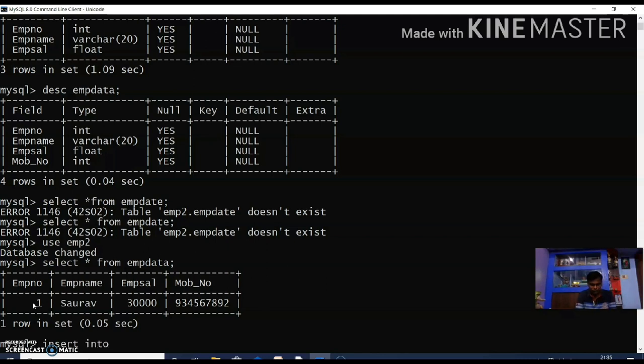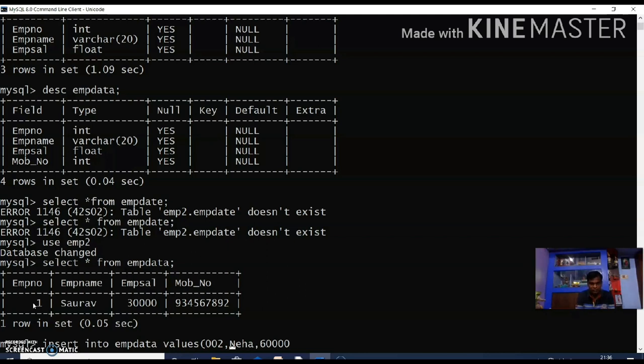Insert into table name emp data values, bracket start, emp number 002, comma, name is suppose Neha, comma, salary is suppose 60,000.